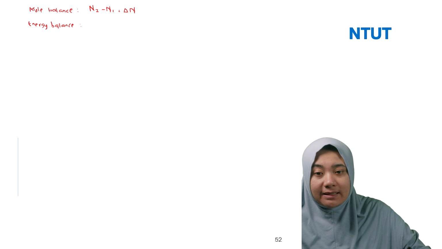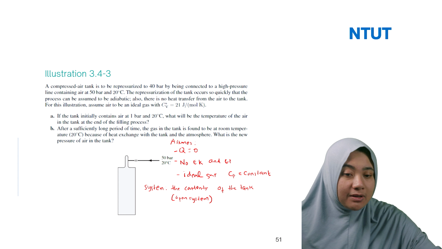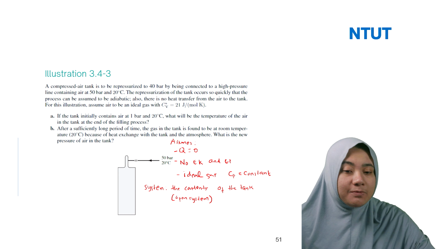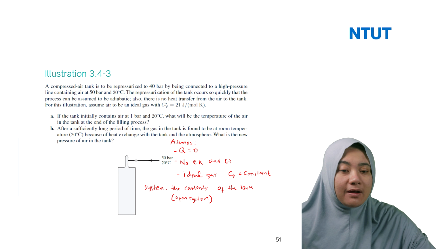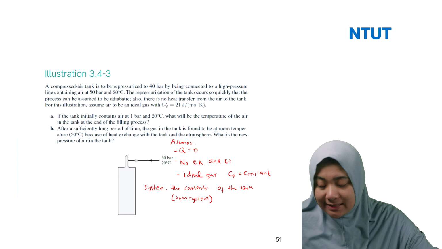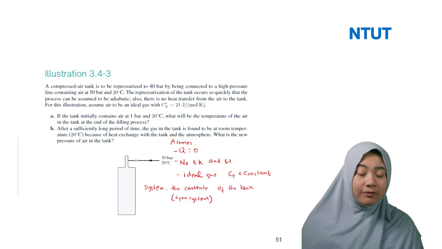I just write in here the hint, because from the previous one we expand the equation directly. So you have dU/dt plus kinetic energy plus potential energy equal to the sum of the enthalpy, kinetic energy, potential energy, plus Q plus W. In this case, because you have a cylinder tank, do you have work in the tank? We don't have work in the tank.